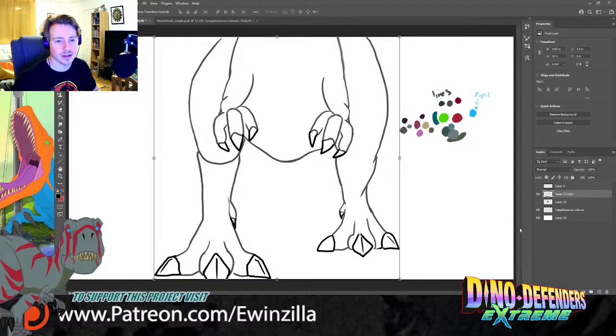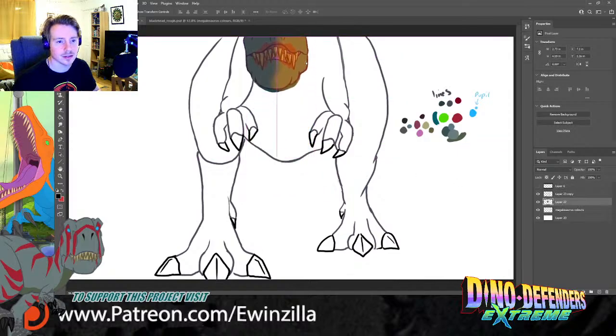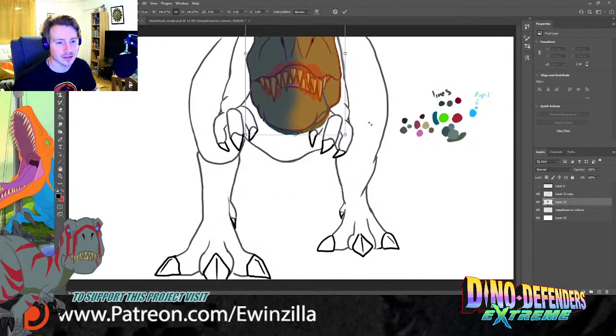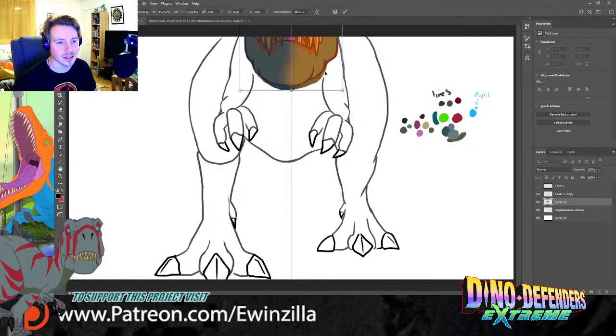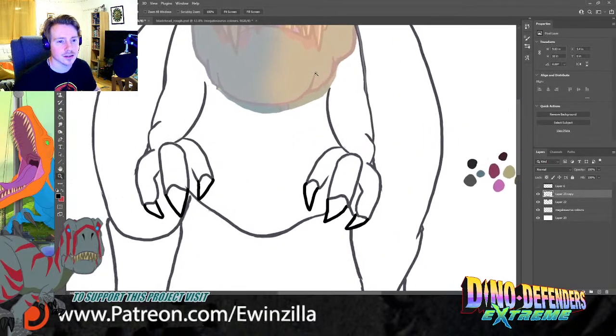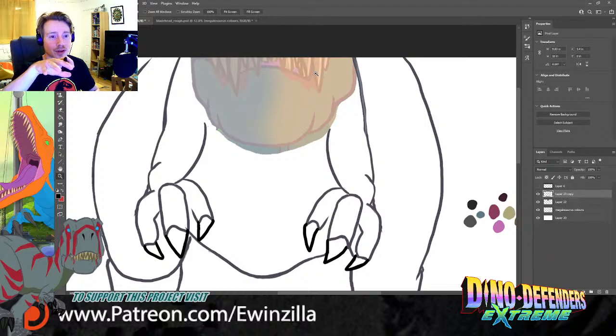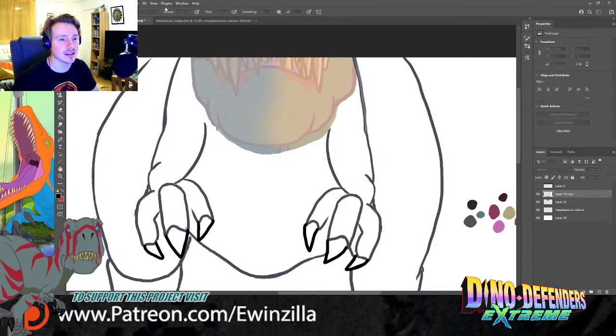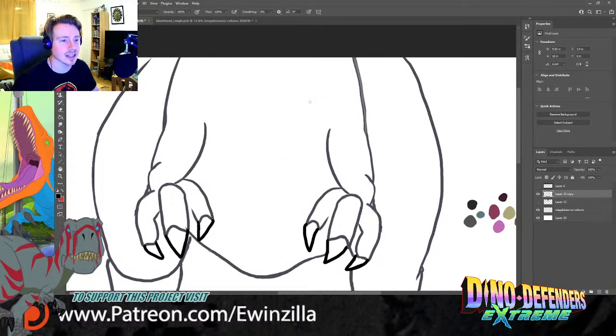Okay, now I think we can get the head, and the head is actually going to be big because it's obviously there. If we do this, the head is actually going to be a separate layer to the rest of the body, because I can then make it bob and then get bigger like it's coming in, and then maybe add some extra things. Actually saying that, I might do the head in a minute. Ignore that. Let's add the